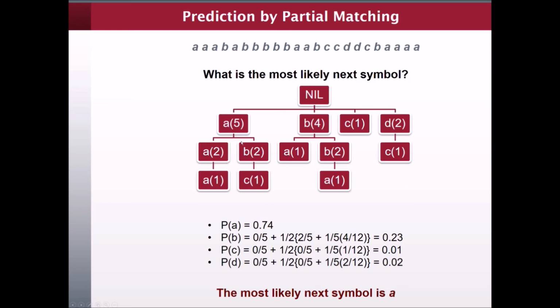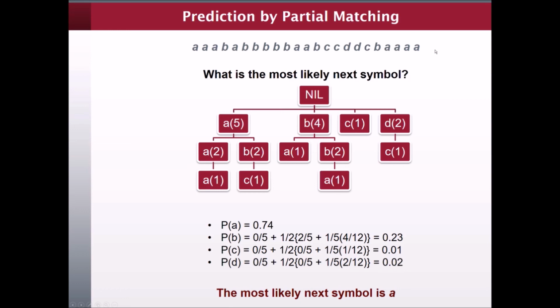And at this level, the probability that the next symbol is a B corresponds to the phrase AB, because we've seen an A and we're looking for a B next. That probability that the next symbol is a B is, as we can see, 2 out of 5, which we fill in here. We already know the probability of escaping to the previous order or shorter phrase length is 1/5, but at that level, the probability that that single symbol is B is 4 out of 12, for a combined probability of 0.23. If we repeat this process for C, we get a probability of 0.01 that C is going to be our next symbol in the sequence,